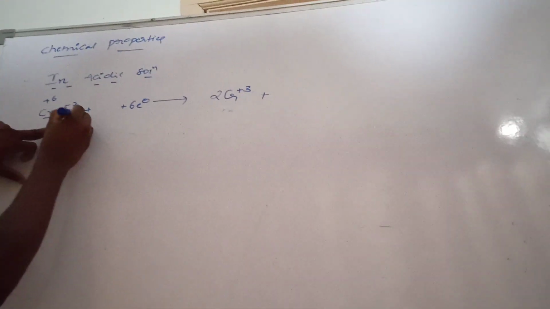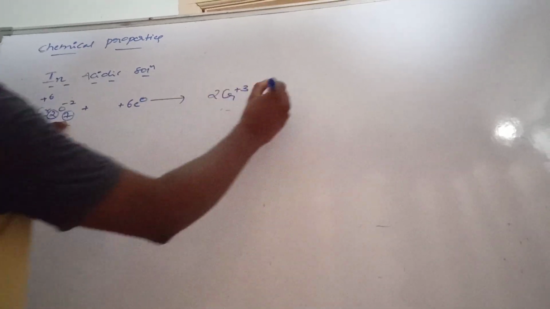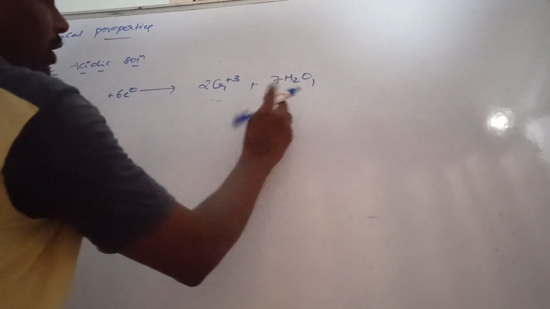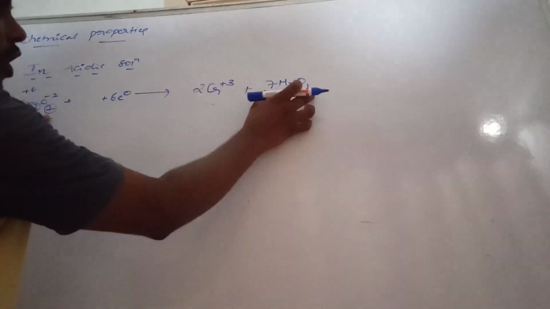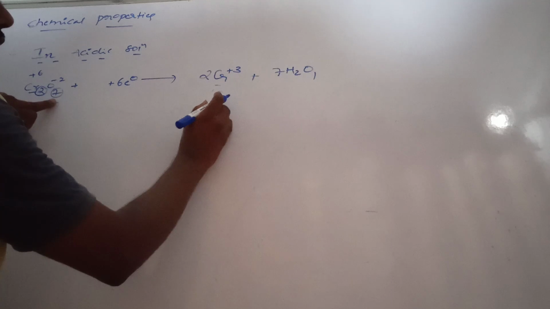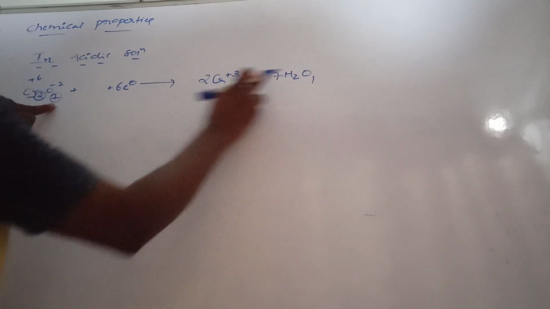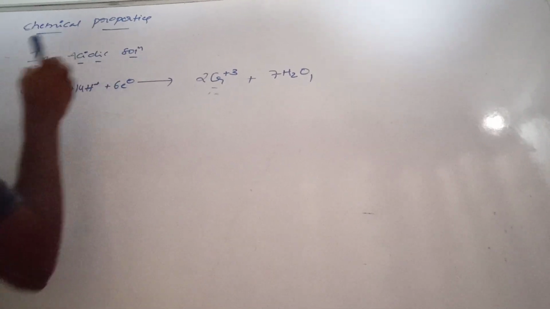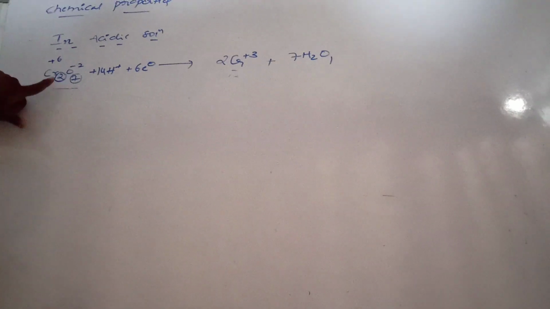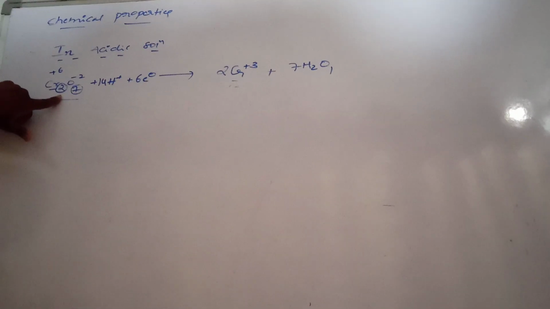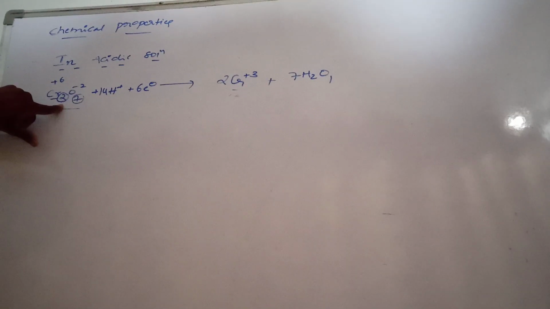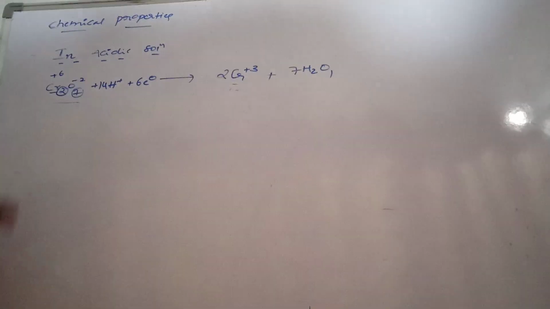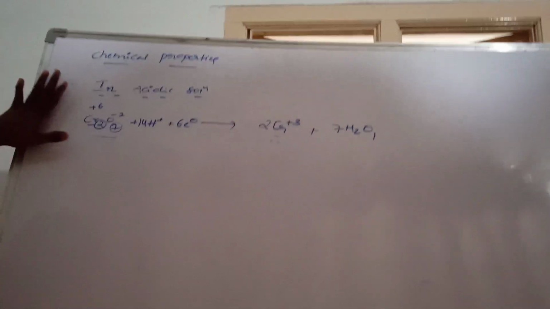Okay, first of all, here how many oxygens are there? 7 oxygens, so 7H2O. Don't say hydrogen side, you have to say oxygens. 7 oxygens are there. Here oxygens are balanced, chromiums are balanced, but here hydrogen is there and here no hydrogen. 7 twos are 14, so you will write 14 H plus. So this is in acidic medium. Dichromate ion is converted to Cr power plus 3, chromium ion. I hope everybody understood this one.